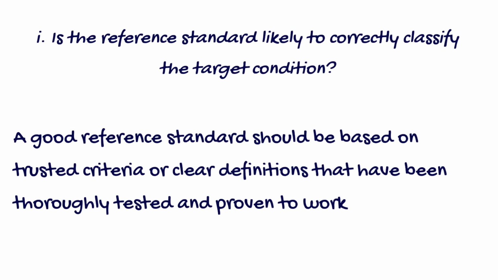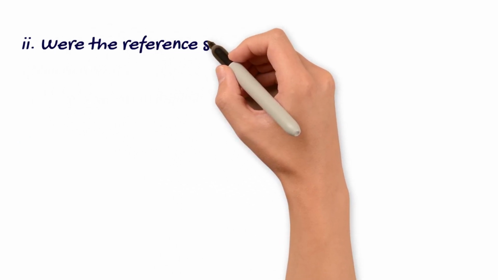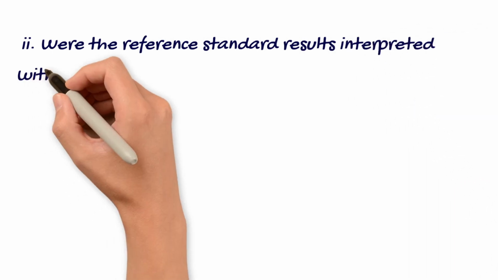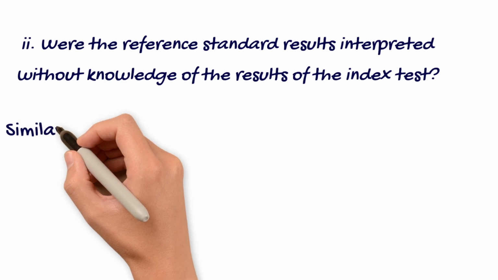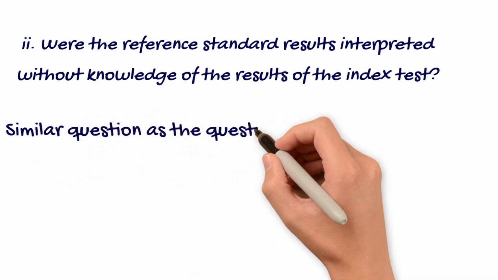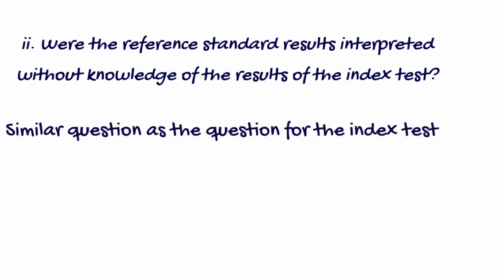Question 2. Were the reference standard results interpreted without knowledge of the results of the index test? This question is like the one we talked about earlier for the index test. Here, we want to know if the people who looked at the reference standard knew what the index test showed. This is important because knowing the index test results could affect how they interpret the reference standard, and that might